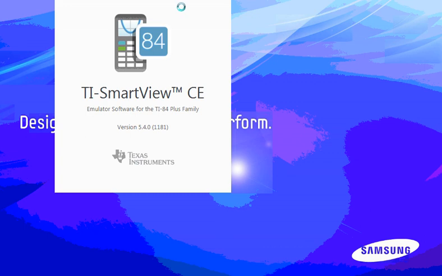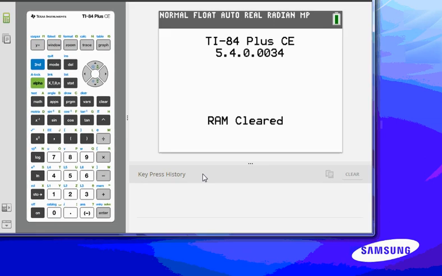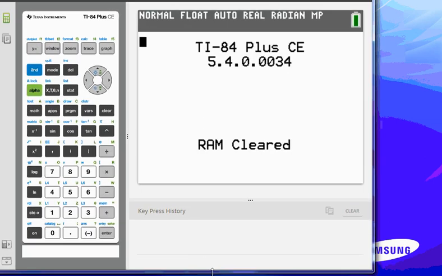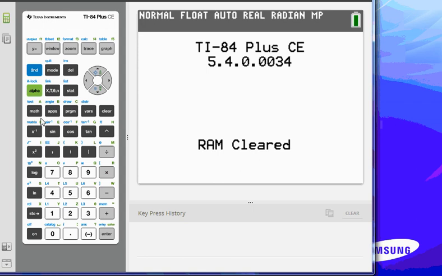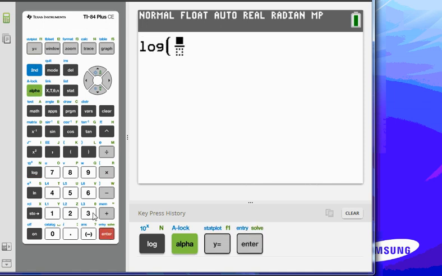What log is, it's log base 10. So we're going to have log 10 over e,